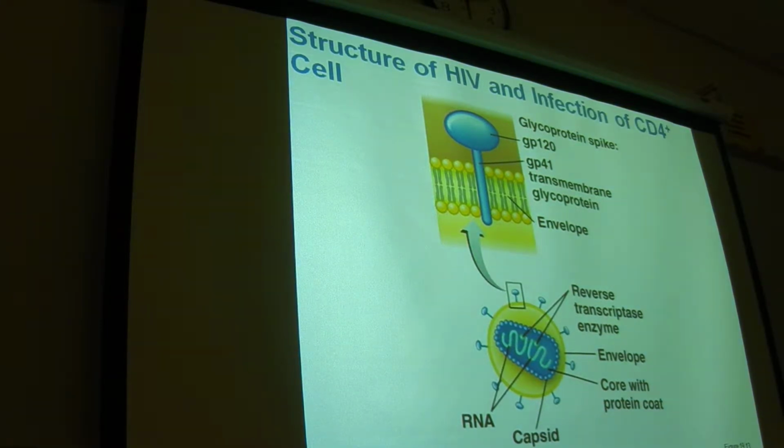So here's the structure of HIV. It's a very simple virus, not very complex at all. It's an RNA virus, so it basically comes with RNA. It comes with a reverse transcriptase enzyme, so it's a reverse transcription, meaning it turns RNA back into DNA rather than normal transcription that goes from DNA to RNA. So it injects the RNA and these enzymes into a target cell. The reverse transcriptase then reverse transcribes this RNA to make DNA, and then that DNA gets incorporated into the host cell's genome.